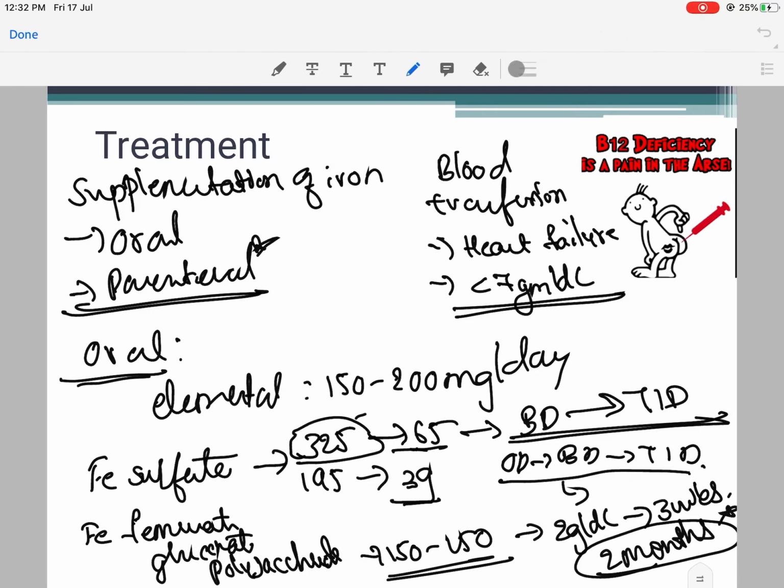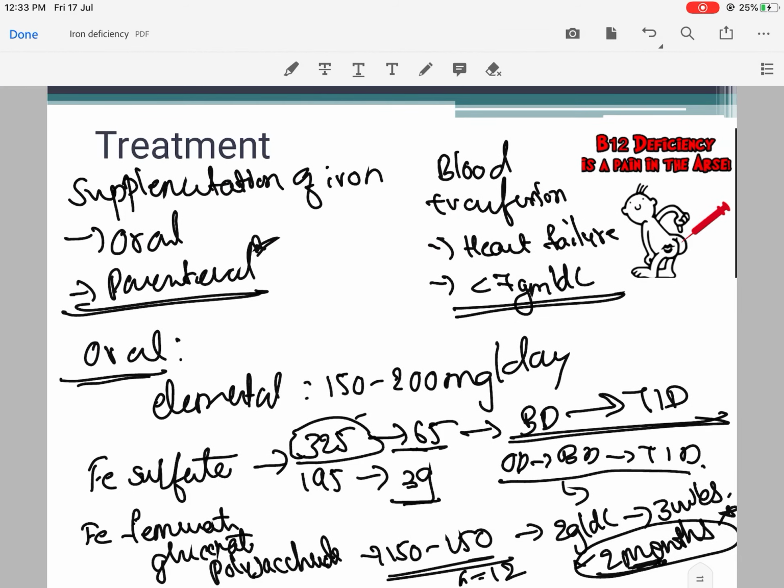Now once you start with the iron, in 2 months hemoglobin returns to normal. That does not mean that that is the end point of treatment. The treatment should continue for at least 6 months after replenishing the hemoglobin to normal, to replenish the store. After that you need to give an iron preparation maintenance dose of 60 milligram of elemental iron. That is, you can give 1 tablet of ferrous sulfate for 6 months. Harrison mentions up to 12 months, but generally what we practice in clinical practice is that we give for about 6 months after hemoglobin returns to normal.